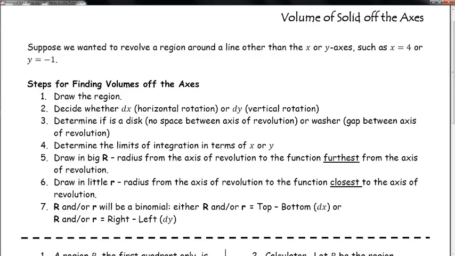Alright, so we've been talking a lot about the disk method, which means that if we're rotating, I'm rotating up against an axis of rotation. So if I have a rotation, I have an area that I want to revolve around. Let's say in this case I'm going to revolve around the y-axis. It's flushed up against it. We've talked about the washer method, and that's when you have the area between two curves, and essentially, if I was going to rotate this guy around